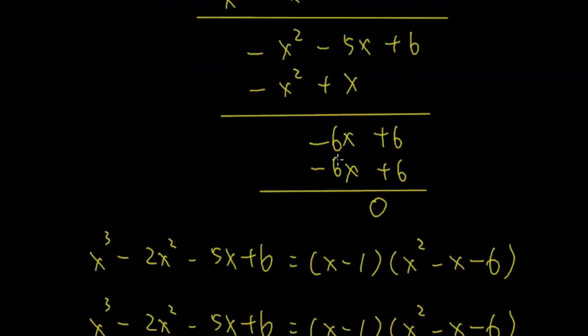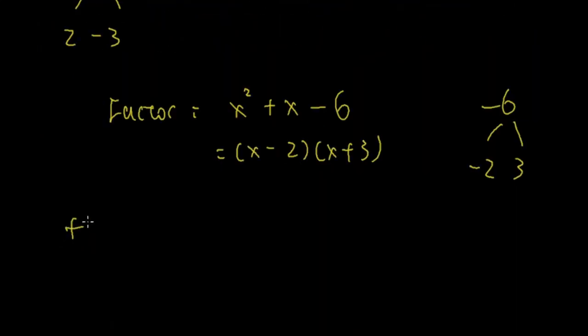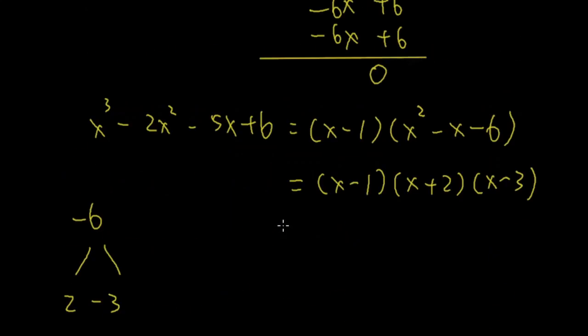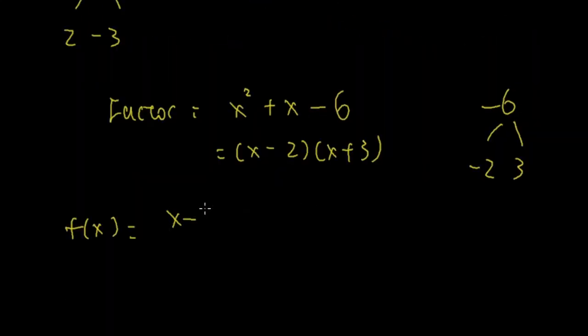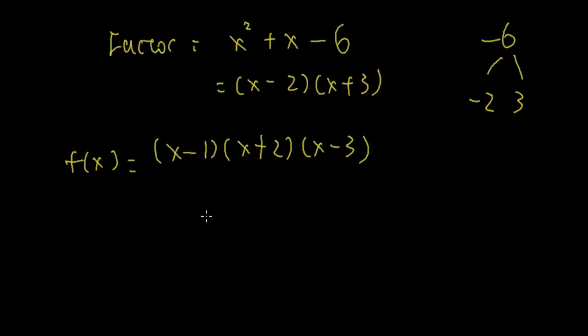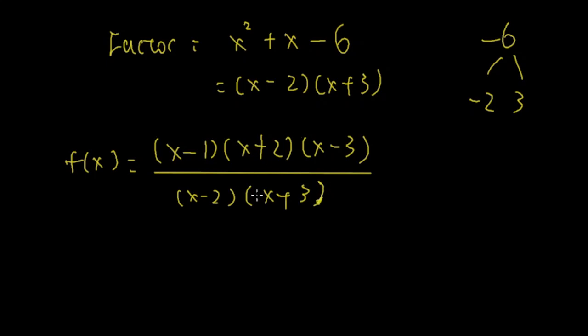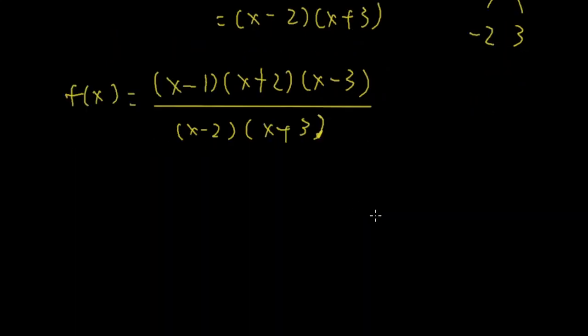Now, I can rewrite this function. f of x equals this divided by this. Now, can you cancel anything out here? No, you cannot. Okay, now, to find the vertical asymptote,